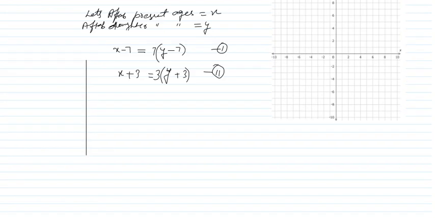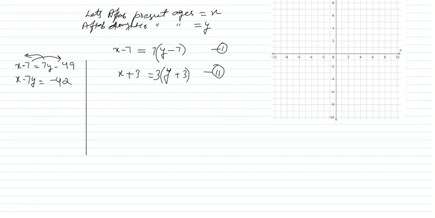The first equation is x minus 7 is equal to 7y minus 49. So 7y can be taken to the other side, so that will be x minus 7y, and minus 7 can be taken to the other side. As we know, if terms move from the left hand side of the equal sign to the right hand side or vice versa, their sign changes. So minus 7 will become plus 7 when it moves from left to right. So minus 49 plus 7 will be minus 42.